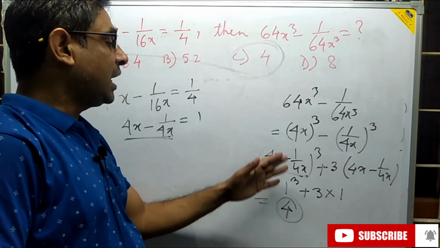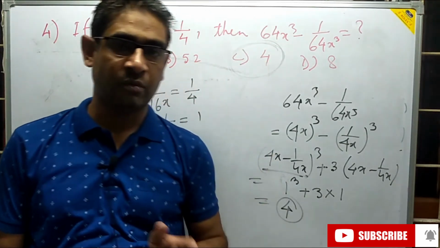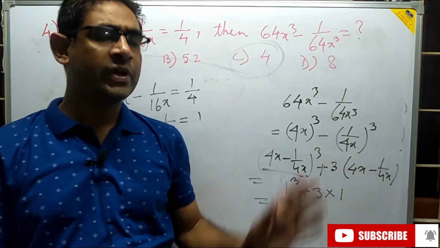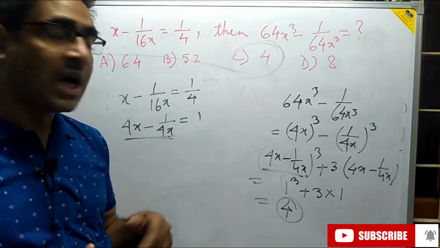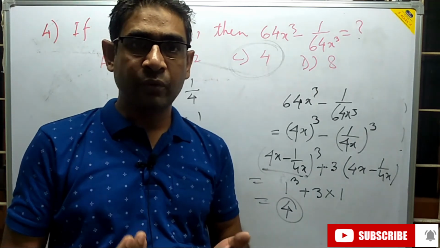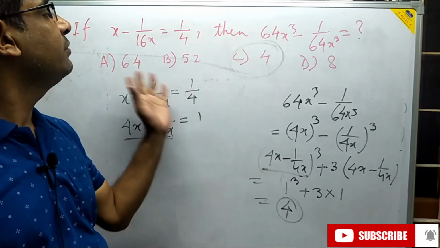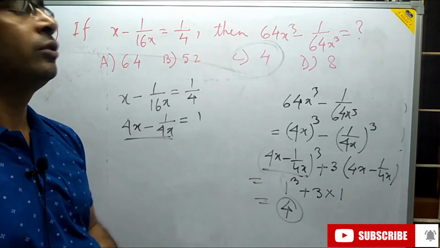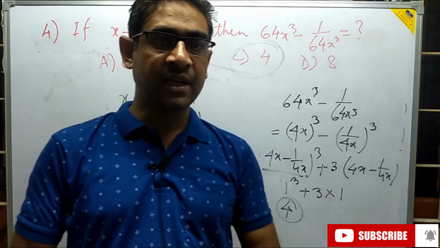If we know the identity, that means the basic things of math. Without basics of maths, we can't use any tricks. We make the tricks using the basic things. So I think if you try using this basic, you can also easily find out the tricks to solve the maths. I hope everybody understands the sum.